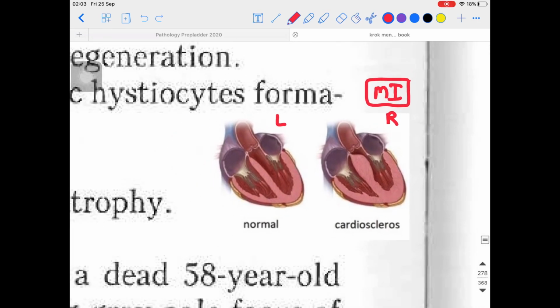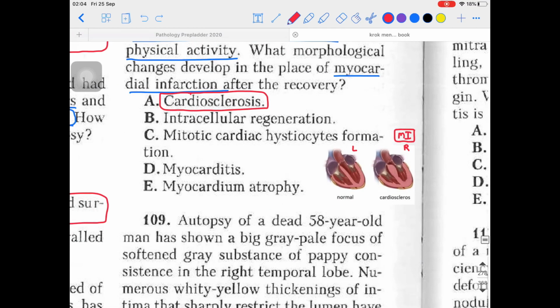What are the microscopical changes? Microscopical changes you cannot see from the naked eye. Microscopic changes will be seen as the hypertrophy of the adjacent myocytes, or in other words, I can say that there can be the atrophy with the perinuclear deposition of the lipofuscin. Lipofuscin is a particular kind of substance, very particular. If they ask you the microscopic changes after the MI as far as cardiovascular is concerned, then your answer should be the lipofuscin accumulation. So that will be the microscopic change.